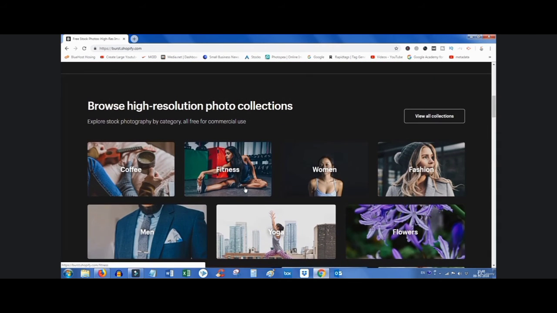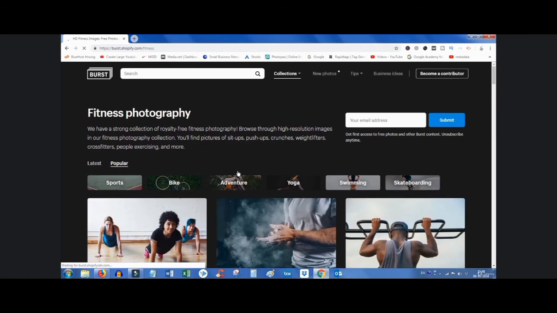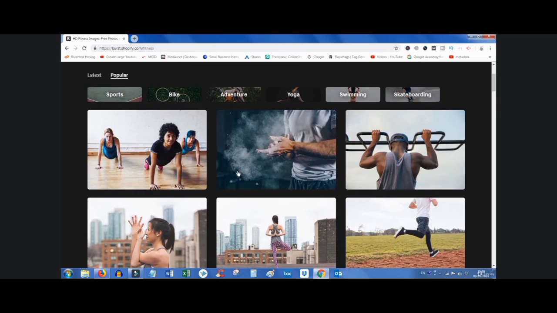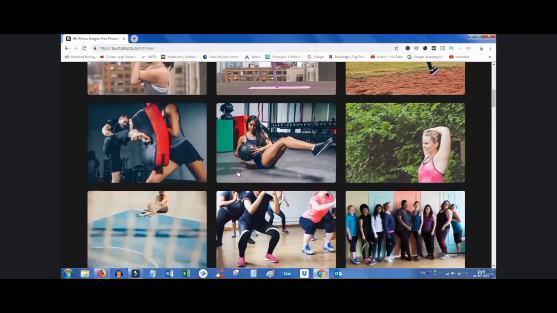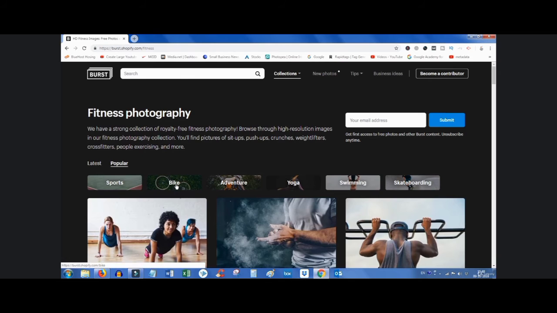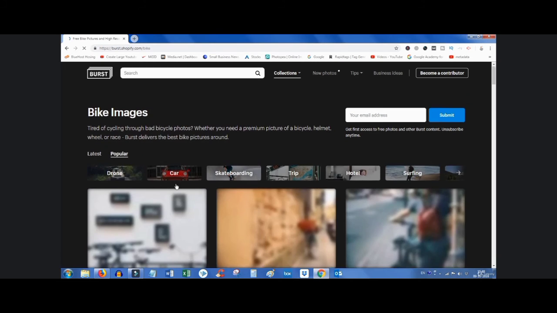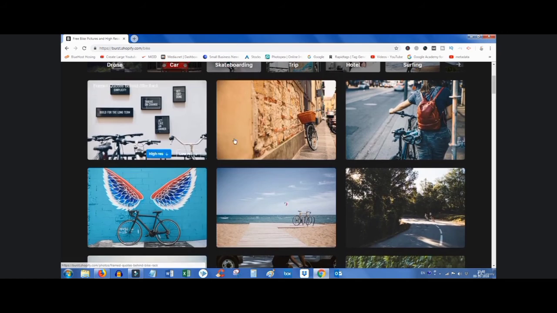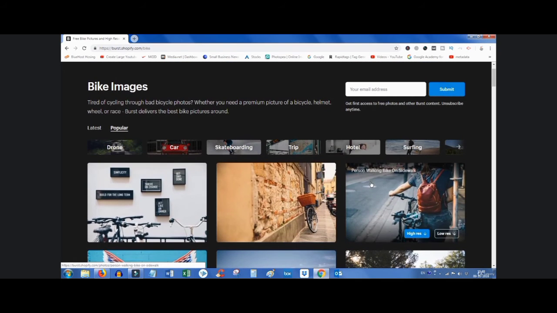Now if you are looking for fitness category, you can go to this category and can find all the images which are related to fitness. Now going back, if I'm looking for a bike, I can find photos here. Now let me show you how to download an image.